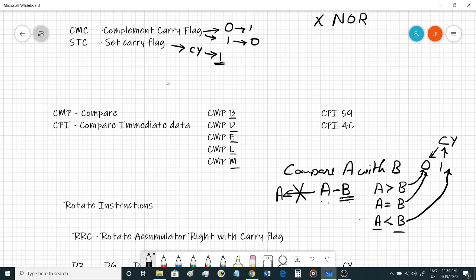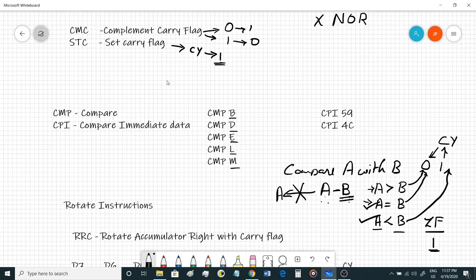So now what do you want to check so that you can understand? This case is already done. The A less than B case is already done. Just check the carry flag. If it is 1, definitely A is less than B. But if the carry flag is 0, there are two more cases: A could be greater than B, or A could be equal to B. So there is one more flag that you can check, that is your zero flag. Now if the zero flag is set to 1, which means that the subtraction ended up in a result of 0, which means that A should be equal to B.